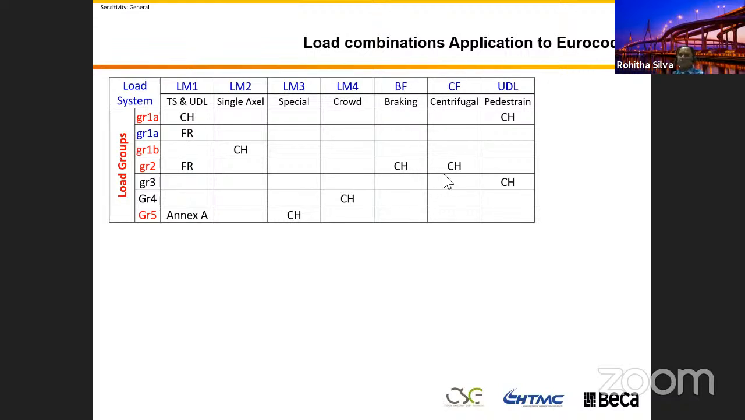And the difference in the Australian standard, the braking and centrifugal always go with the traffic load LM1, but in this one they have a clause. They said you can use that one if the road agency in that particular country advises. Otherwise, they combine with the frequent load. I think using the